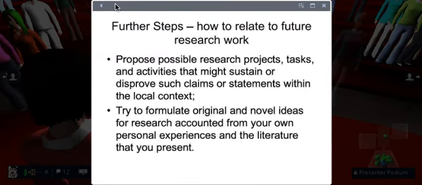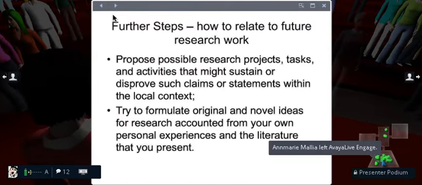Would you choose an anonymized survey amongst a representative sample of teachers, for example, of all the teachers in Malta, or maybe of all the students in Malta? Would you be taking different social classes? Would you be considering possibly gender in this kind of project? So it's up to you to come up with creative ideas about what sort of projects or possible research ideas you might wish to see implemented, to see whether, after all, your statement, your bias, can also be sustained at the local level, in the local context.